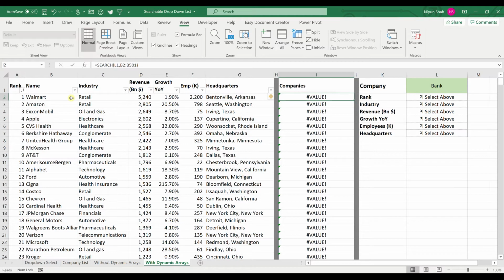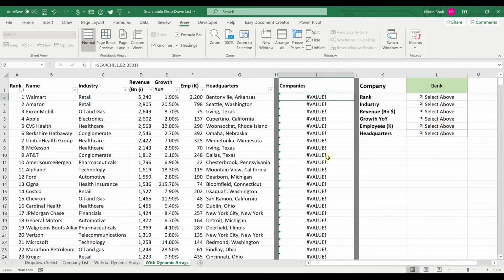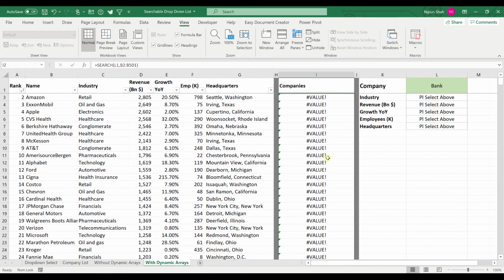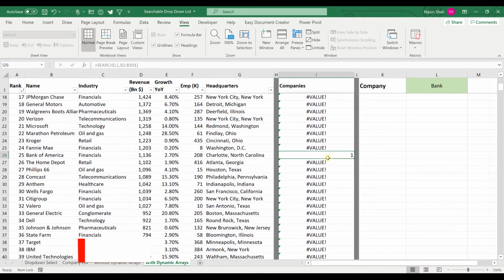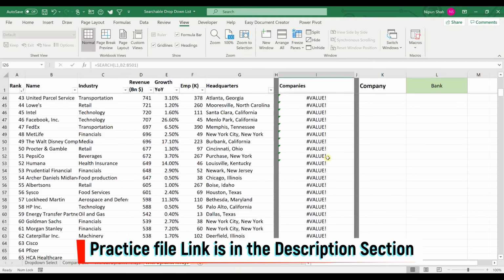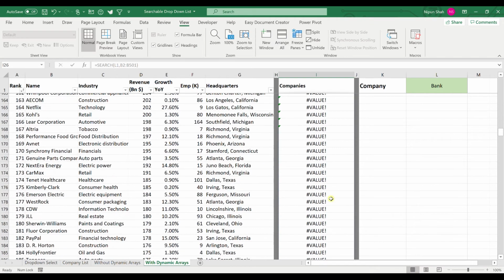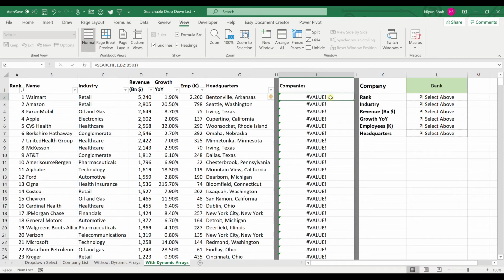Here you can see that Excel has filled the formula in all the cells. Here I am getting value errors because the search string is not available in the company name. If I scroll down, you can see one where the search criteria is mentioned in the company name. If I further scroll down, you can see one here. Now I need to convert the output of the SEARCH function into true or false. For that, I can go to the edit mode and put the ISNUMBER function ahead of the SEARCH function.